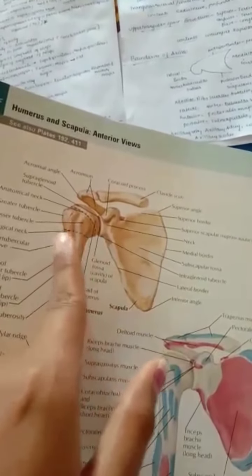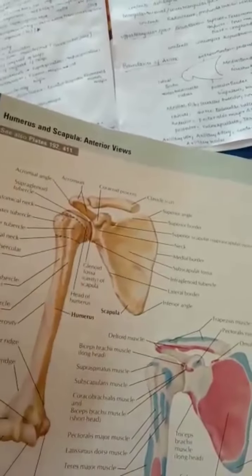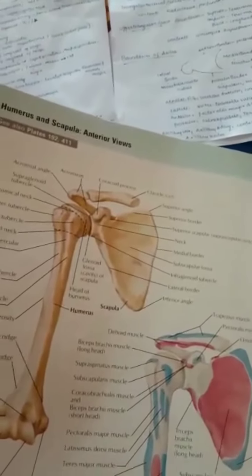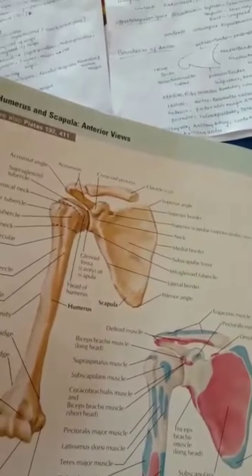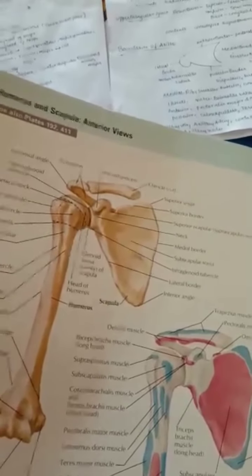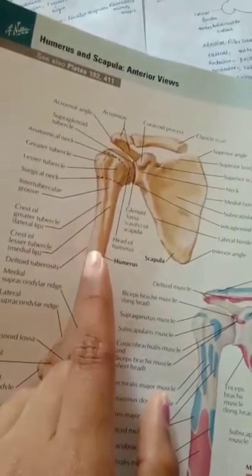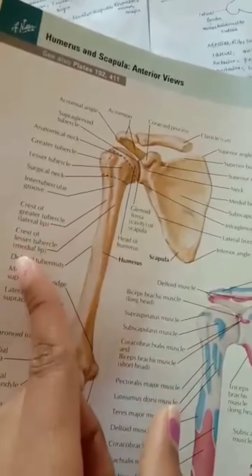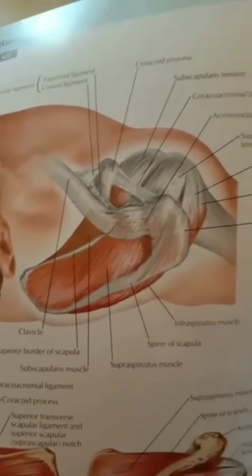And posteriorly the neck of the humerus is related to the axillary nerve. So axillary nerve passes posteriorly, related to the neck of humerus, and the spiral groove or the radial groove gives posteriorly content, which is nothing but the radial nerve in the spiral groove, and the profunda brachii artery also passes with the radial nerve along with it. And laterally it contains a deltoid tuberosity. So this is a deltoid tuberosity, and this gives attachment to the deltoid muscle, as the name says, deltoid tuberosity to the deltoid muscle.